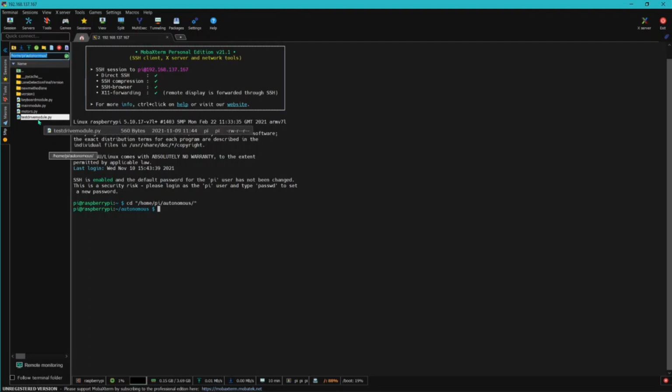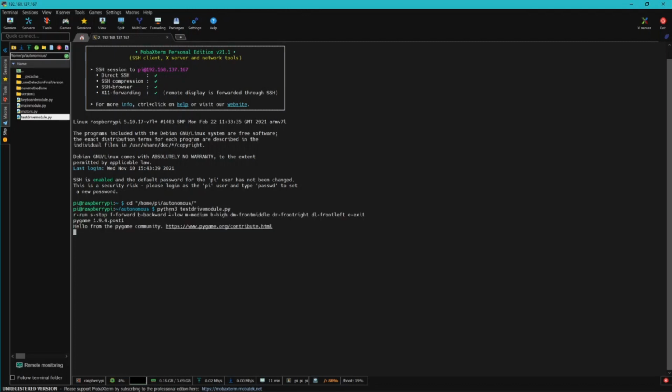Here you need to run the test drive module. To run it, type python3 test_drive_module.py and hit enter. It will open the Pygame window.